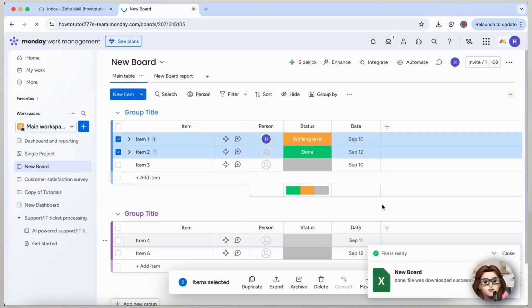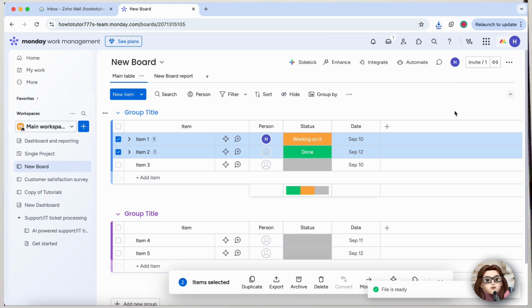Your file will be downloaded as an Excel document straight to your device. You can now store it, analyze it further, or share it with your team. And that's it, you've successfully exported your